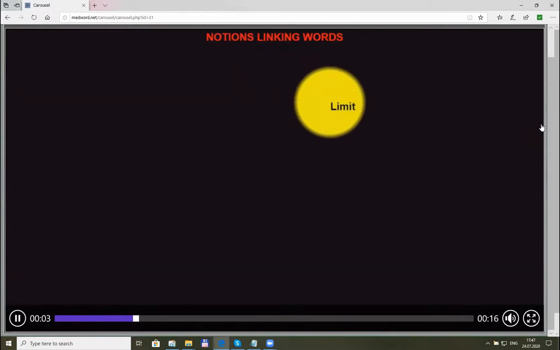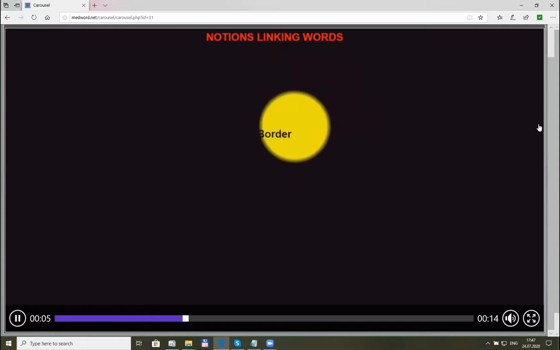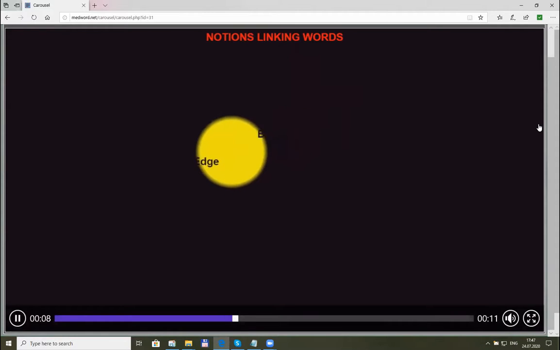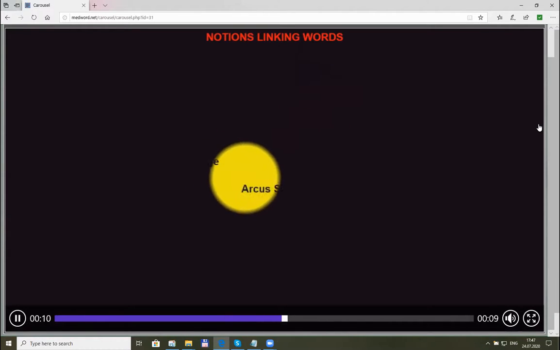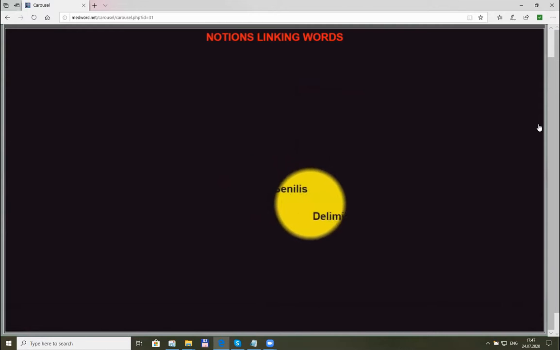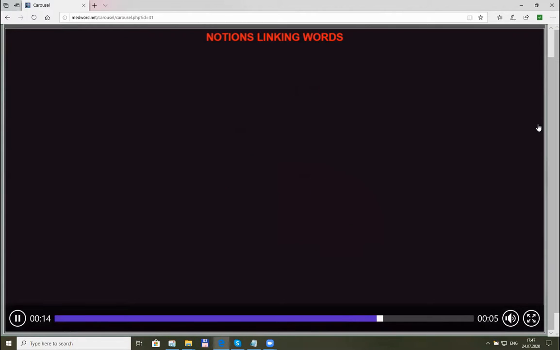As we see here, limbus means something related to limit, to border, to edge, but it also is very frequently used in Arcus Senilis. So we could click here for more,